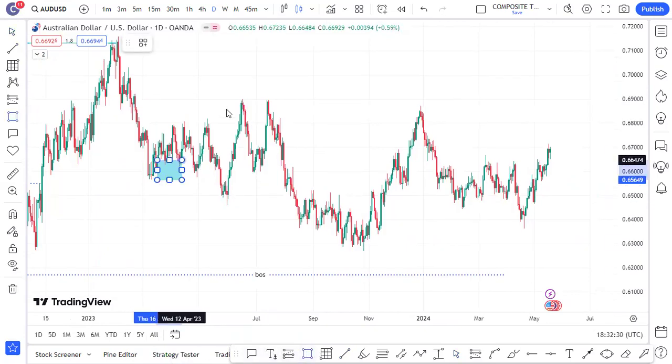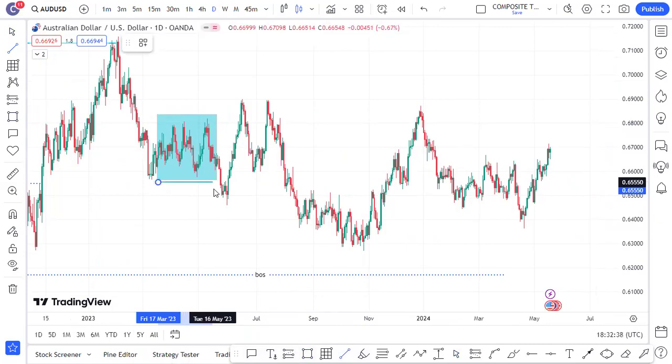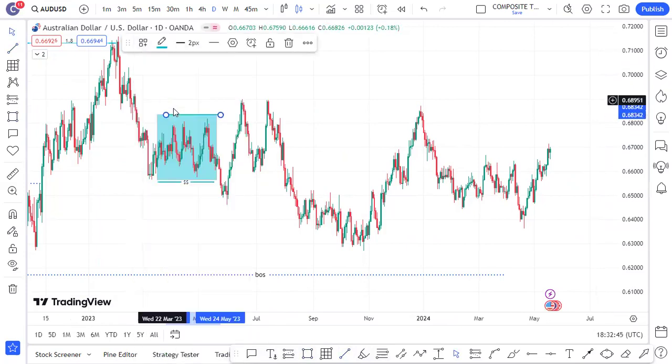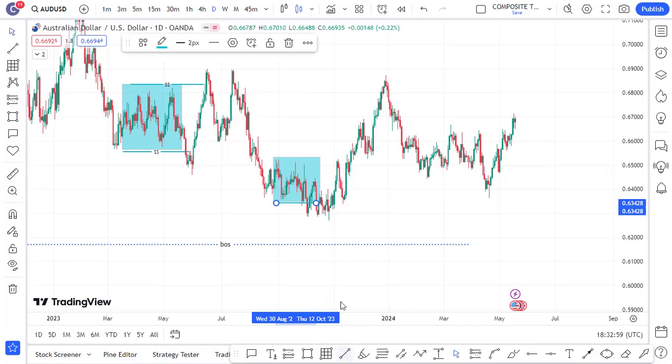This was the last accumulation here. Market dropped down, took out both sides. This can be an Asian range, liquidity on both sides, this box, collecting all the liquidity up and down, as you can see, right? And we kept pushing to the downside. So you can see right here again, this was the next accumulation that was here, doing the accumulation here, and this here.